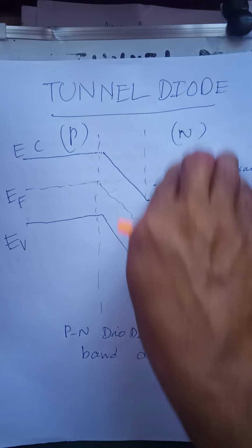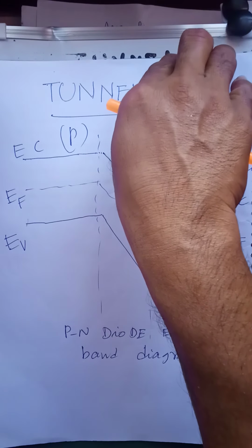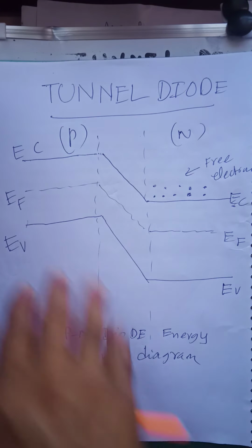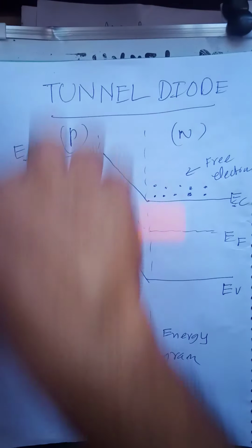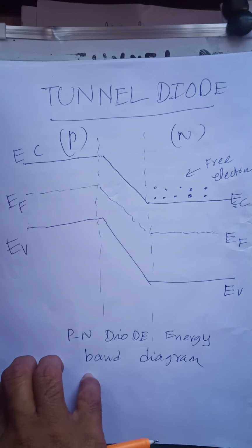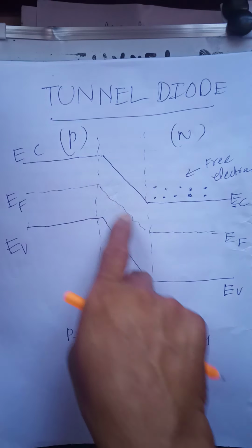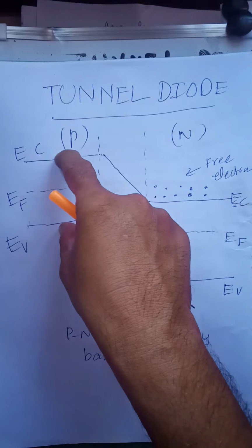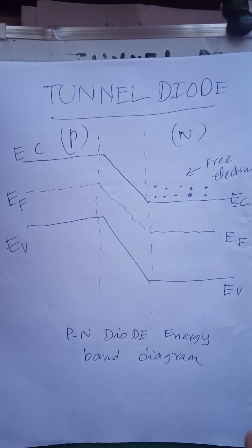From there onwards, the conduction band is spreading upward. Similarly, in the case of P, this is the highest energy level, and below are the valency energy band levels of the valence electrons. And this is the forbidden band, the Fermi level actually. So this is what is called an ordinary p-n junction diode.